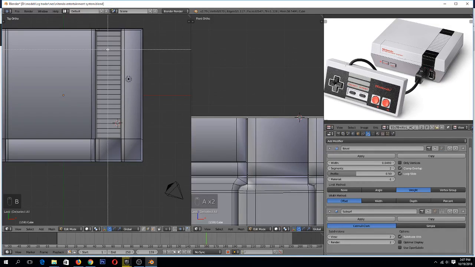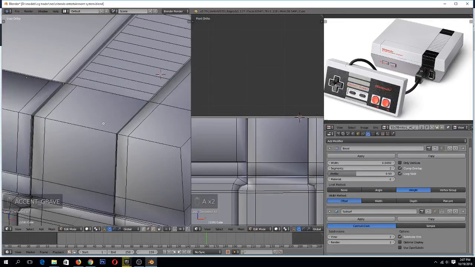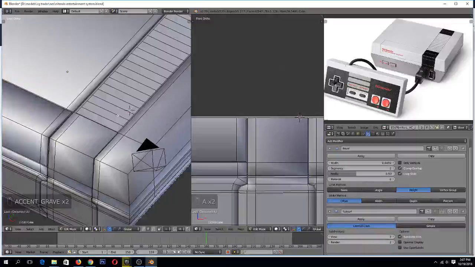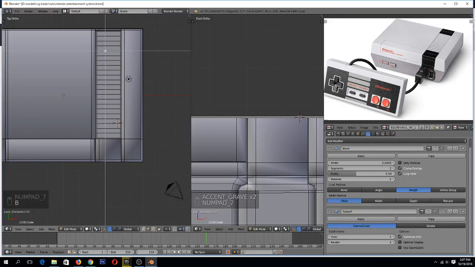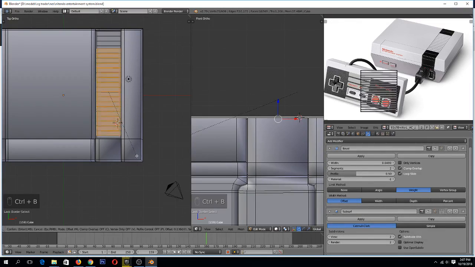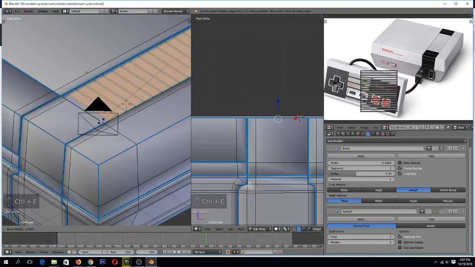So from here, actually we should have done it for this part as well, but let's first work on this side, from around here to there. We can bevel these like that, and then maybe even give them a bevel weight of 1,